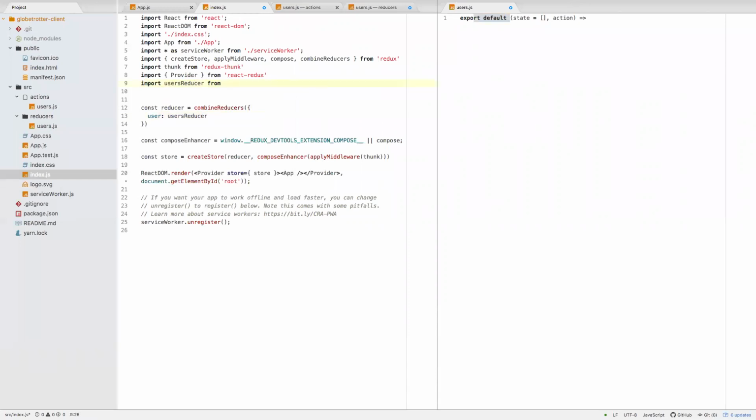And then where I'm going to export it from is from, where are we here? We're inside of index.js, so I need to go, we're on the same level as the actions folder, /actions, and then the file is users.js. Okay, so because this is a default export, I can name it whatever I want, and maybe this is more clear. I'm going to name it users reducer,